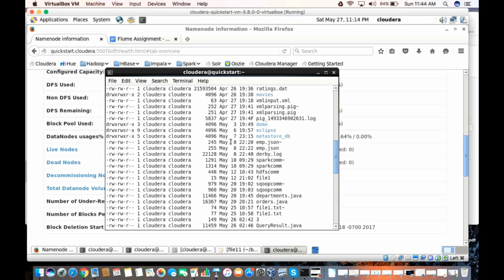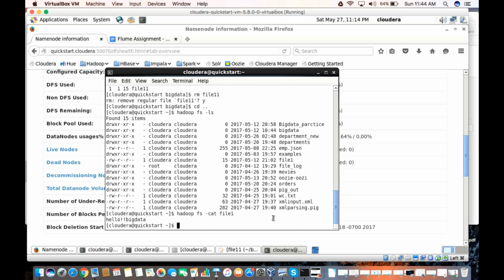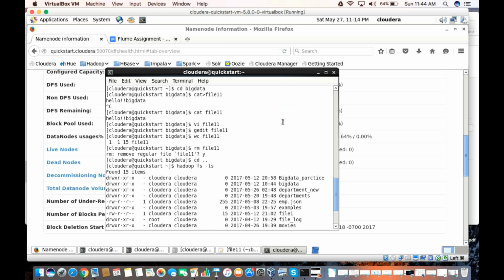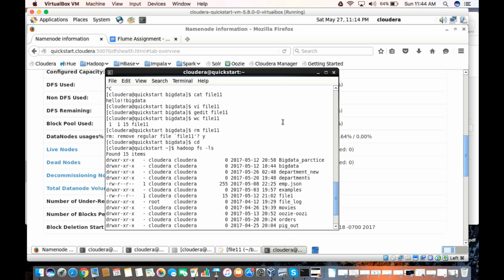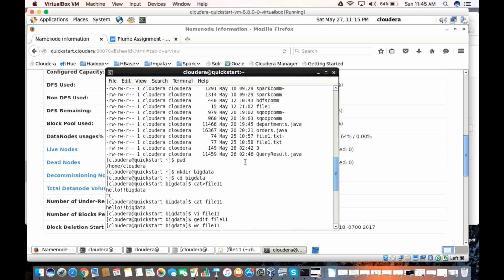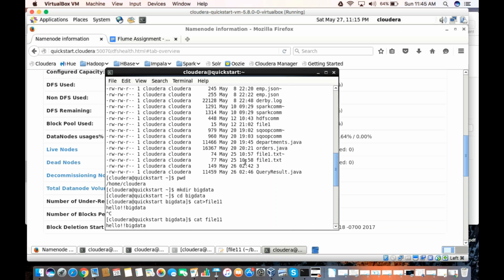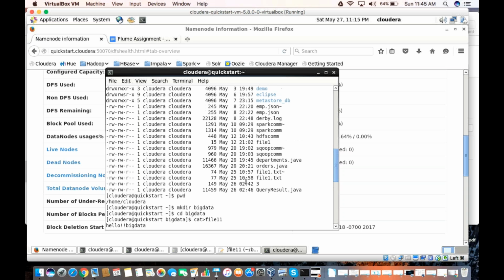Okay, now supposing any file I want to put from the local file system to HDFS, I will be using the Hadoop FS put command. Okay, so you give the path of the file, any file, let us take